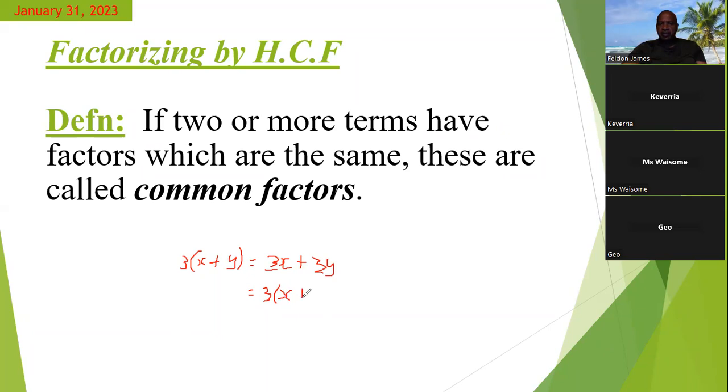So whatever we get when we divide, we put in the bracket. So we keep the sign in the expression. So 3 divided by 3, cancel out, leaves y. So notice here, after we have done that, we would have written back this expression